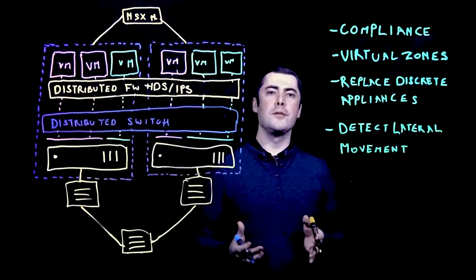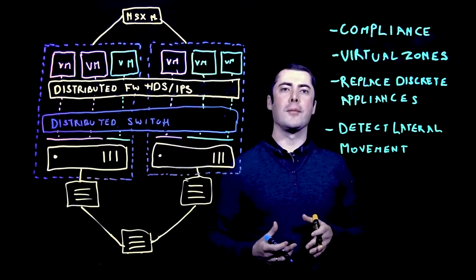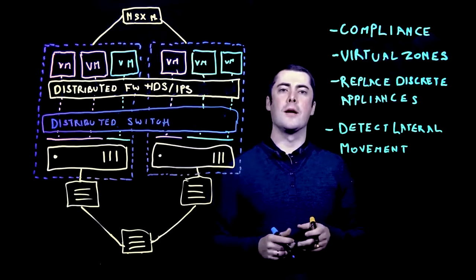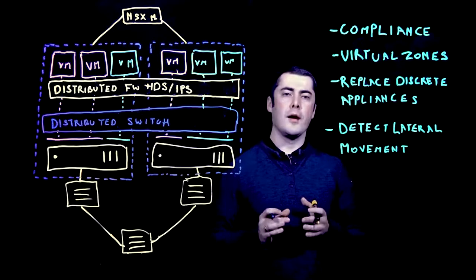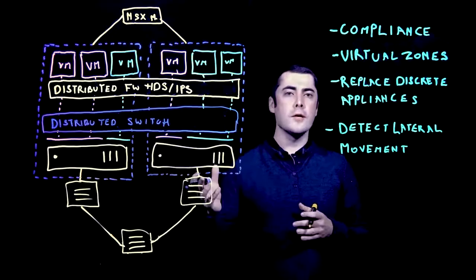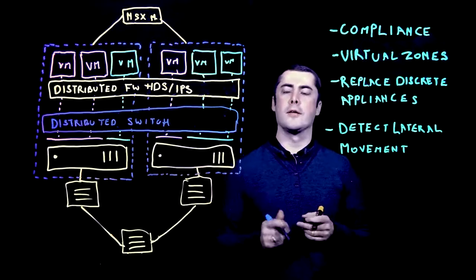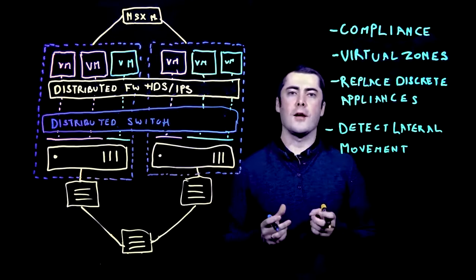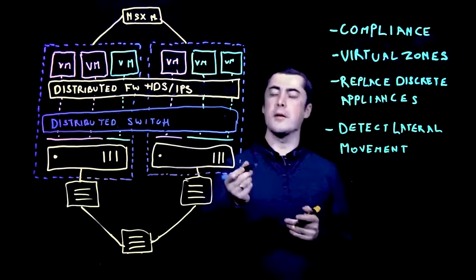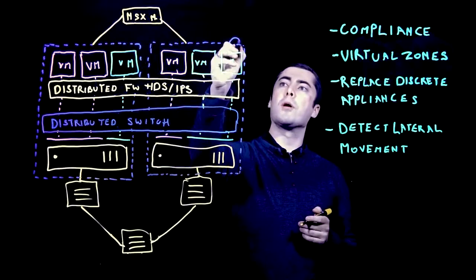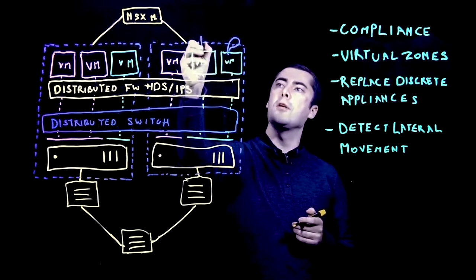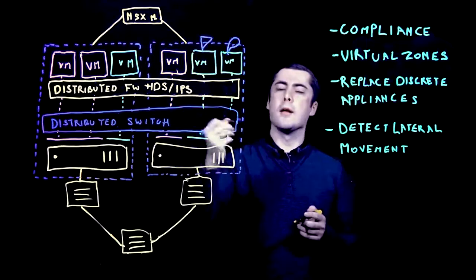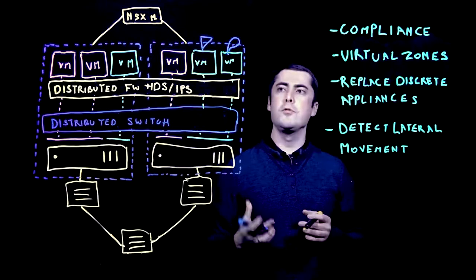Many of our customers need to meet regulatory compliance. Think, for example, about PCI DSS or HIPAA. And in order to meet compliance, often security controls like IDS, IPS are required. Now, with the distributed IDS and IPS, we can be very selective. We can choose where we enable it, where compliance is required. We can apply a security tag to those workloads and then apply an intrusion prevention policy to all the workloads